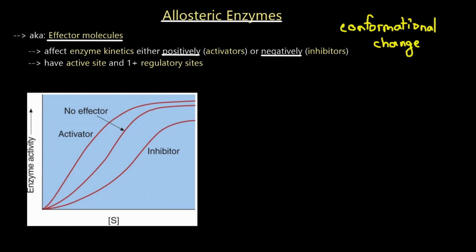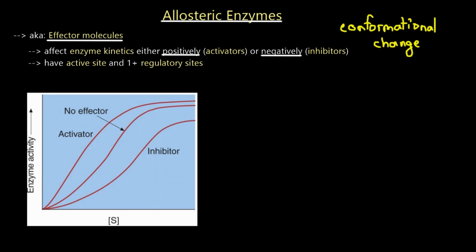So there's two types of effector molecules. You could have activators, or you could have inhibitors. And each one can have an effect on the enzyme and its kinetics in terms of how fast it produces